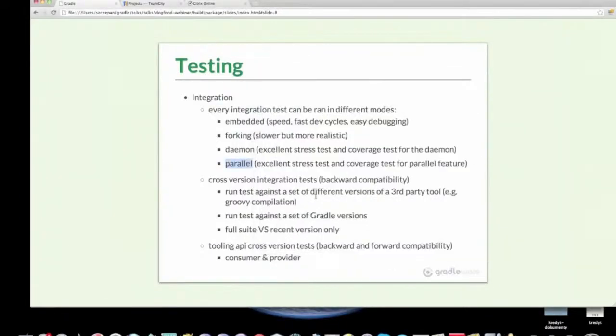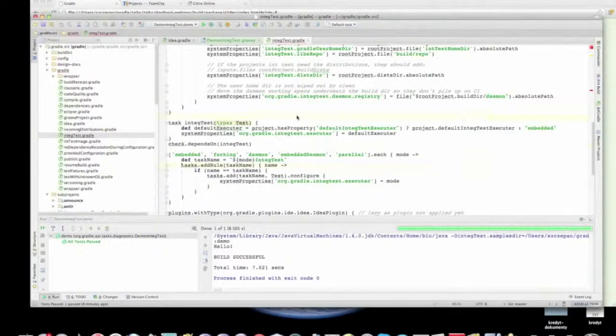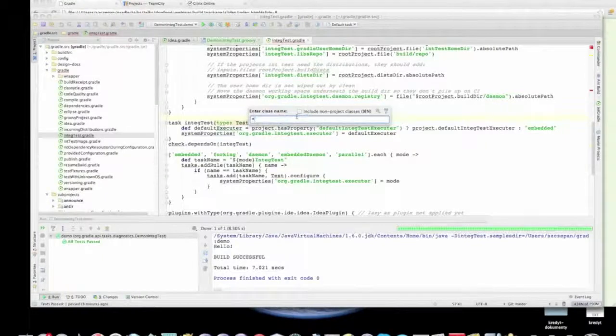And cross-version integration tests for backwards compatibility. So I guess we have three kinds of those. One kind is running a test against a set of versions of a third-party tool, for example, a Groovy version or a Scala version. Actually, Scala is a good example. If I go to Scala and cross version,